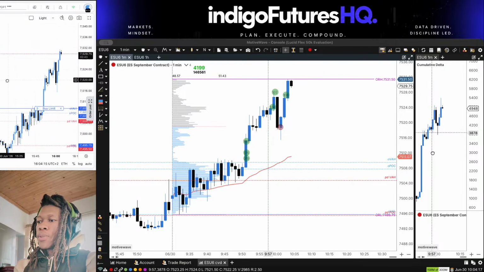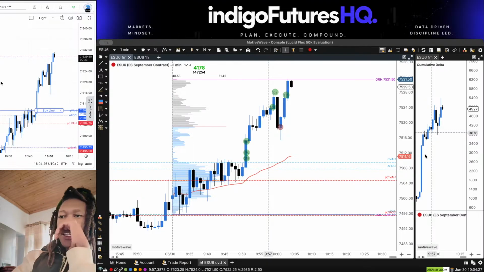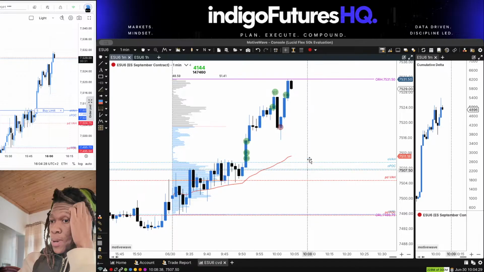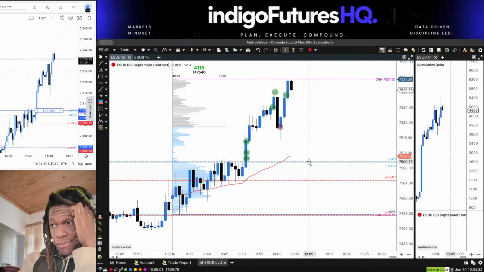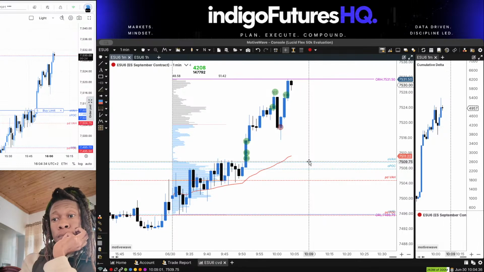Pretty much nothing we can do here. Just not thinking about it, right? I mean, this was a valid entry. Could have been a great trade, but considering where it is now on the volume profile,